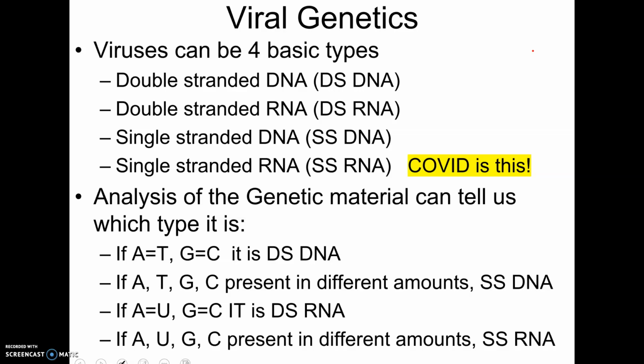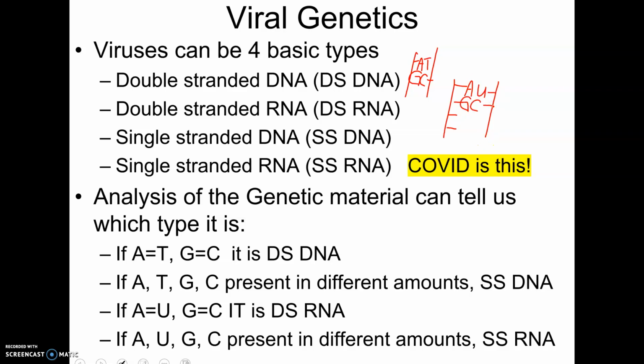They can either have double-stranded DNA, which is exactly what we have, where A connects to T and G connects to C, and the DNA has two sides. They can also have double-stranded RNA. Now that's not something that we normally have in our cells, but some viruses hold their genetic information as double-stranded RNA, which means, I realize we haven't talked about RNA, we're about to talk about RNA in the next section, but RNA is very similar to DNA. It has a different sugar, ribose, and it has the base U, uracil, instead of the base T. So a double-stranded RNA virus would have two sides, but A's would connect to U's, and then G would